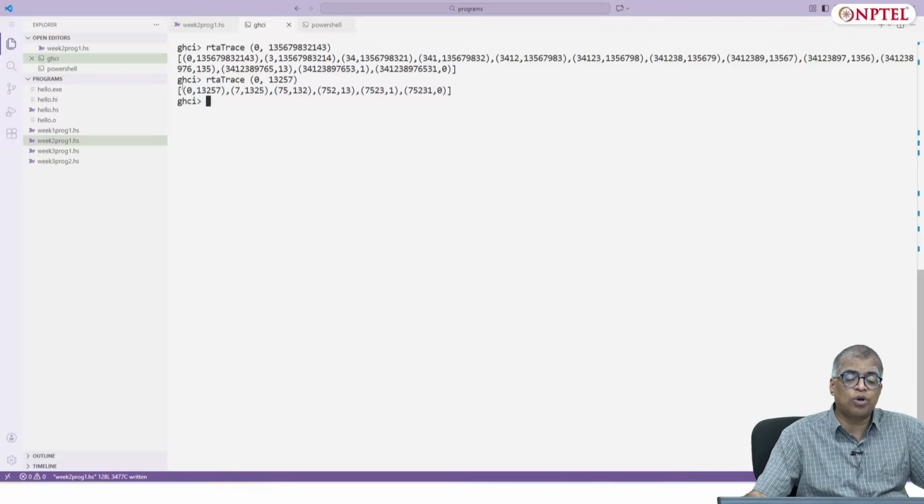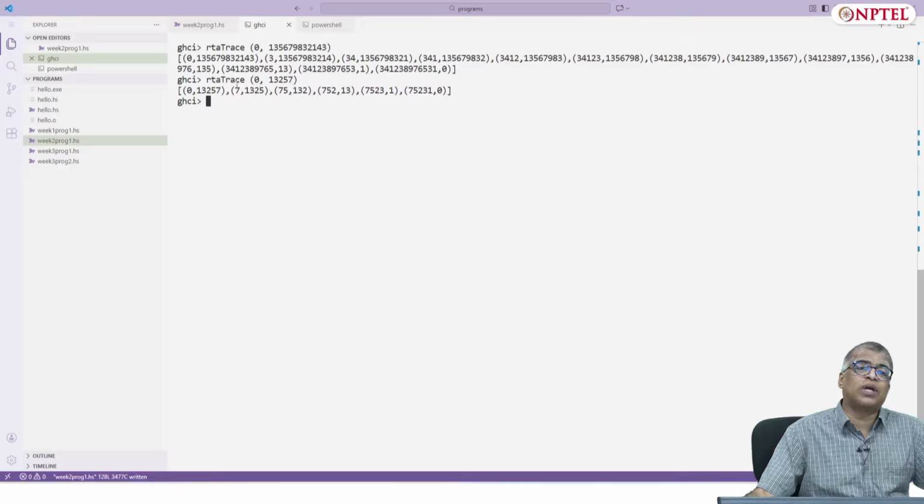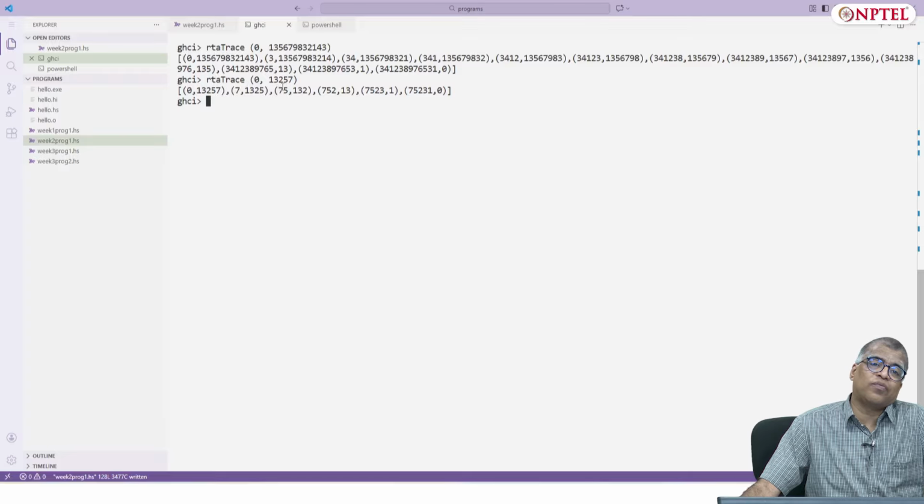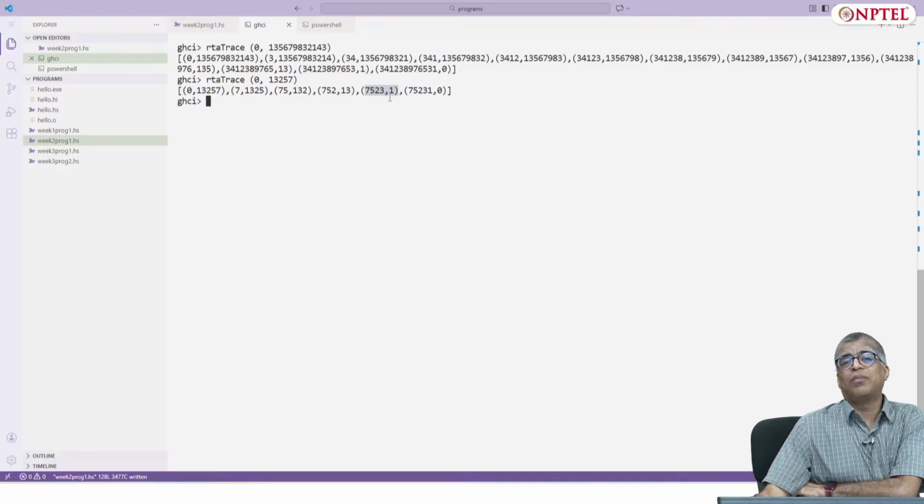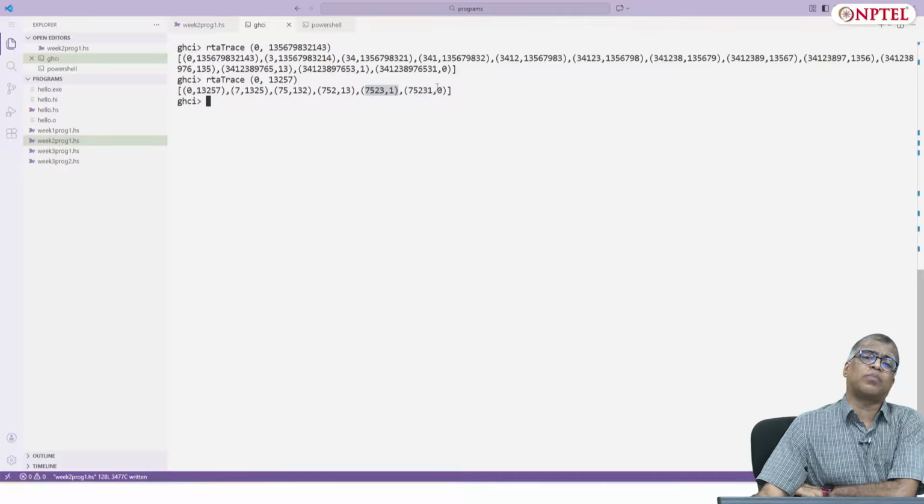Yeah, the first call is to 0, 1, 3, 2, 5, 7. You see in the next step it becomes 7, 1, 3, 2, 5. Then it becomes 75, 1, 3, 2 because the 5 at the end of 1, 3, 2, 5 is added to the end of 7. Now, the 2 at the end of 1, 3, 2 is added to the right of 75, so it becomes 752, 13. Now, the 3 at the end of 13 is added to the right of 752, it becomes 752, 1. Then the 1 at the end of that is added to this, and the div value will be 0. So, you hit a 0, so you will stop at that point.